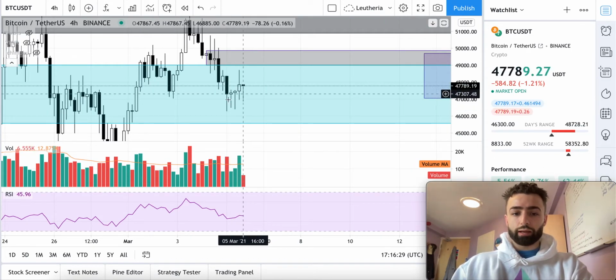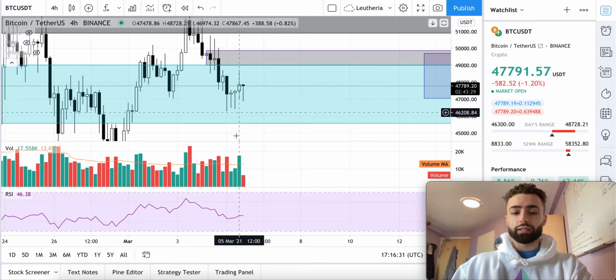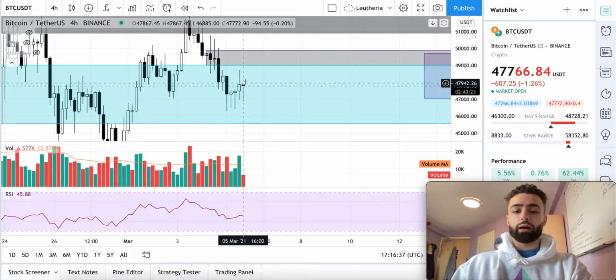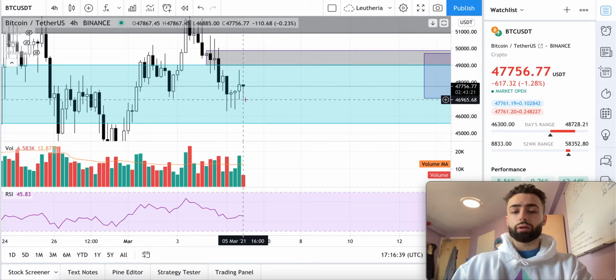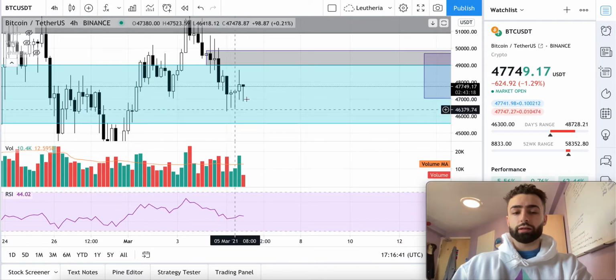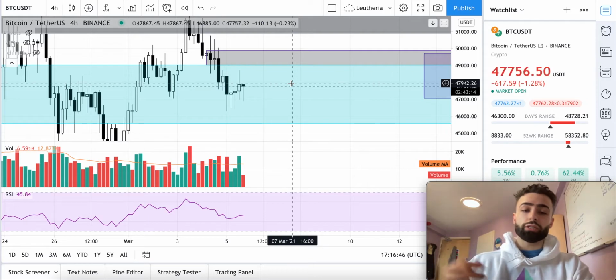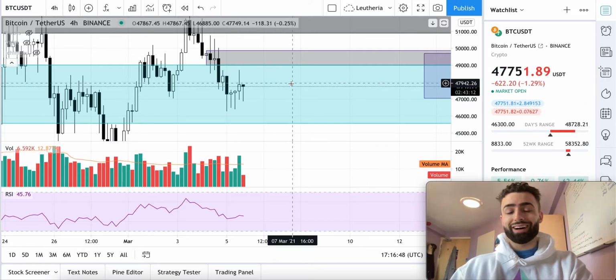And you can tell by the long lower wicks on these candles and the increase in bull volume here. Now, if the bulls can manage to form a higher low right here in comparison to this one down here, and then trade above, that would change the trend back to a bullish trend on the 4-hour time frame, and